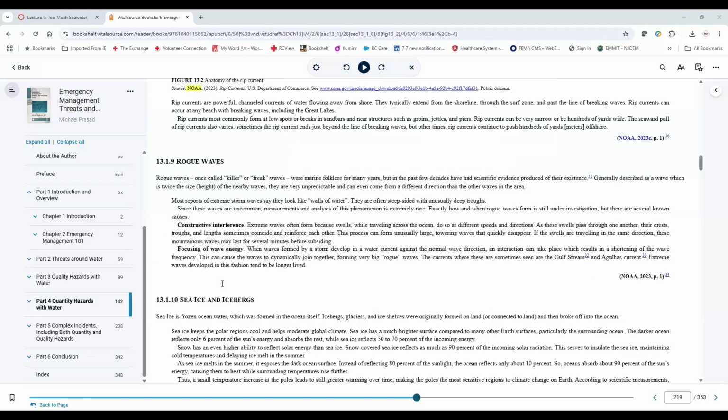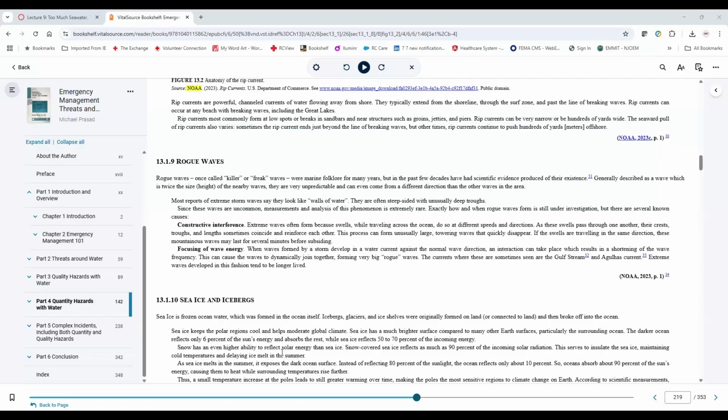Next up is sea ice and icebergs. So again, in the ocean, obviously an iceberg breaks off, glaciers and ice shelves that were on the land. If they break into the ocean, those can become challenges. Icebergs, we just saw the Titanic exhibit at the Liberty Science Center yesterday. That is obviously the significant impact of an iceberg on shipping,